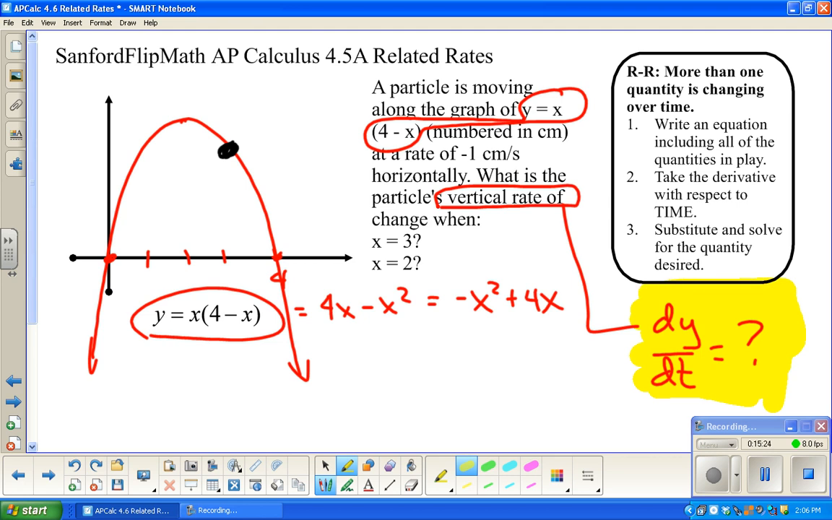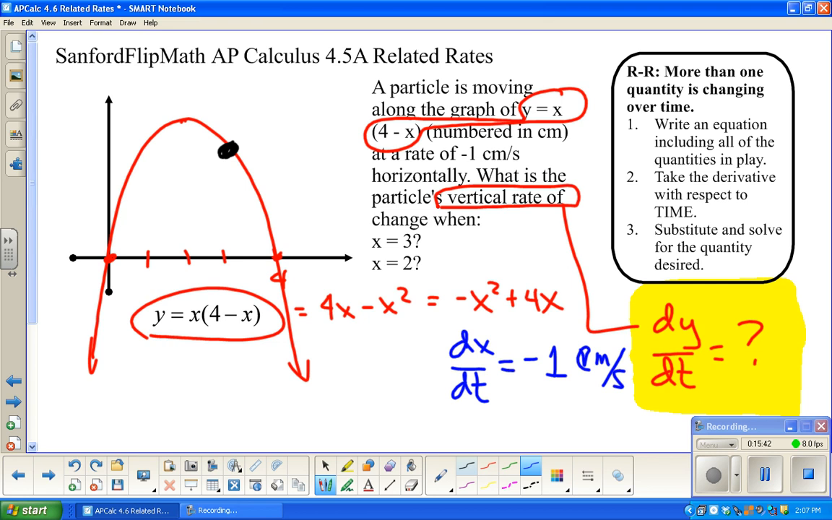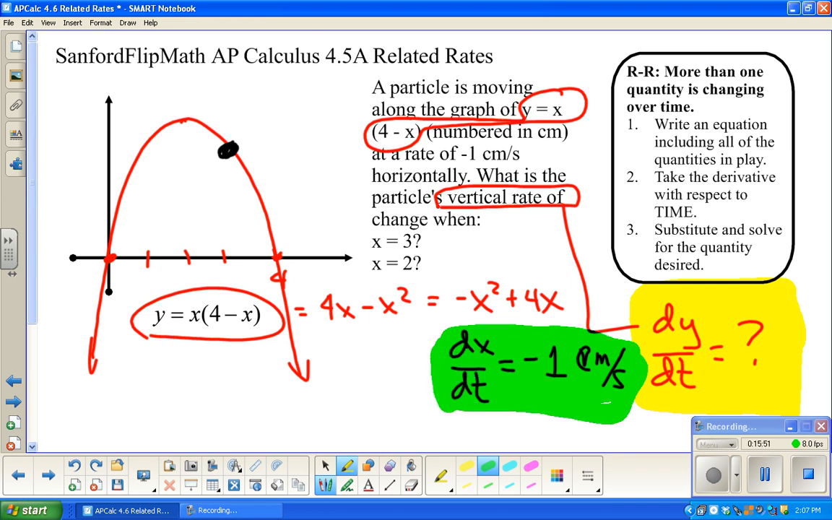And I'm going to use kind of an obvious labeling here: the x direction is going to be horizontal. So it's probably worth noting that the horizontal rate of change, dx/dt, is -1 meters per second. Sorry, I started with centimeters, so that's meters per second. Okay, so I need to keep that in mind. And then it says we're going to find the vertical rate of change at those two different